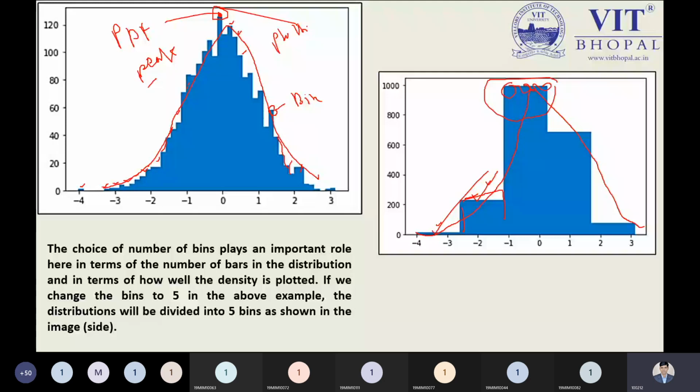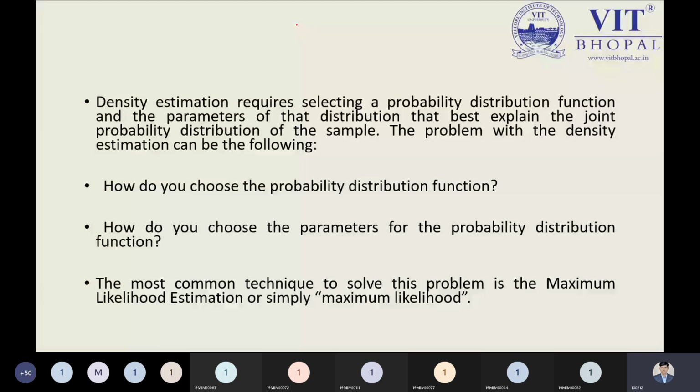But in the case of the probability density function, you can see there is only the 0 value where we can have the peak value. So from this point, maximum likelihood is the solution which describes how you can choose the probability distribution function and how you can decide some parameters for calculating the value of the probability distribution function. This is the point from where the problem of the latent variable will be solved by the maximum likelihood, and this is also known as the maximum likelihood estimate.